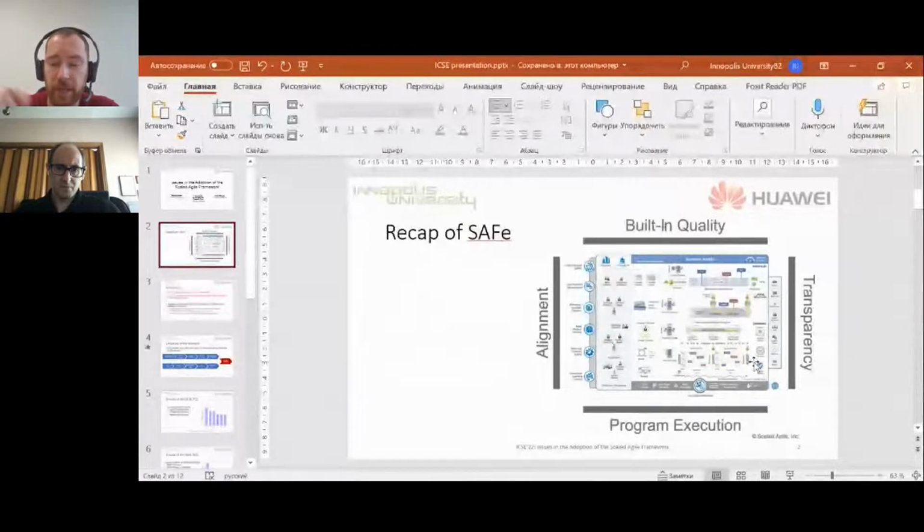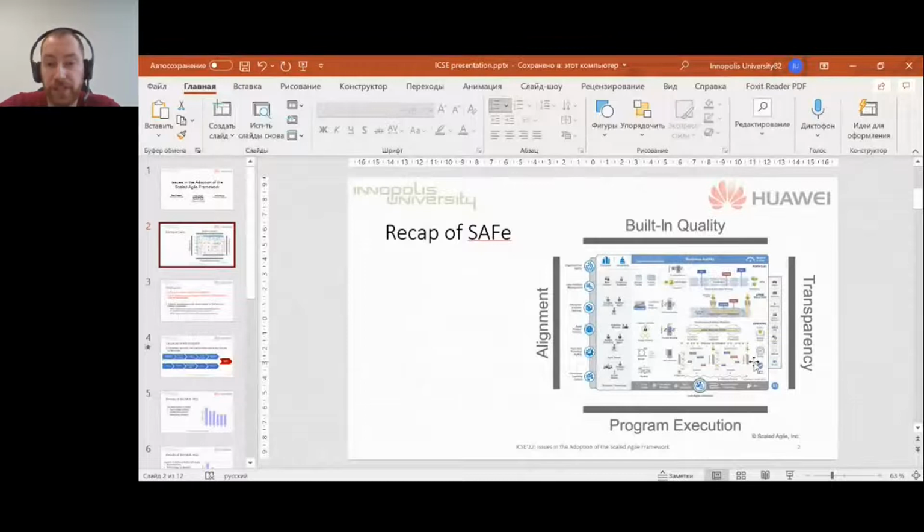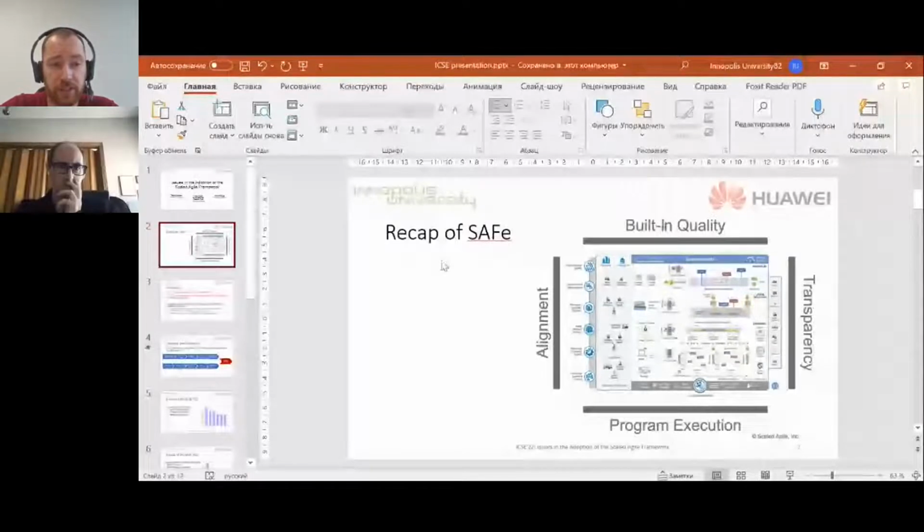These 4 levels are the team level, then we have the program level, where we define the concept of agile release trains, and a number of teams work together on making some increment to the big project or big solution. Then on top of the program level, we have the solution level, where we have a number of agile release trains, and at the top, on top of the top, we have the portfolio level, where the company strategy is defined.